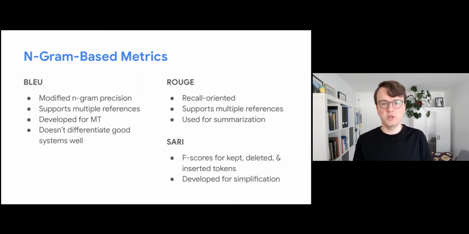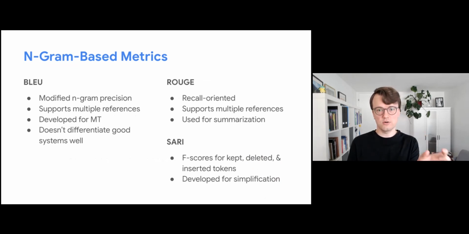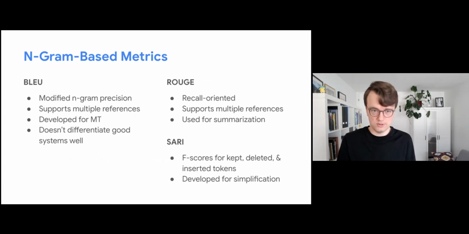What I would say is a more common metric in NLG generally are these n-gram based metrics. So perhaps the most common is BLEU. So this has been developed from machine translation, and the idea is that you first split your model outputs and the targets into n-grams, so into sequences of something like 4 tokens, overlapping sequences, and then you compare how well do these n-grams match between the model output and the target. And BLEU computes something like modified n-gram precision. We won't go into the exact definition,